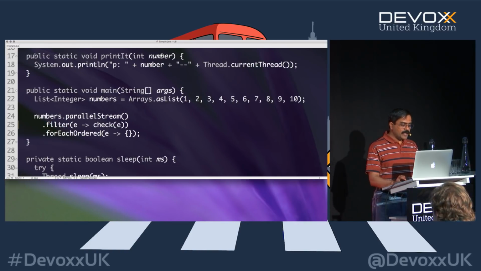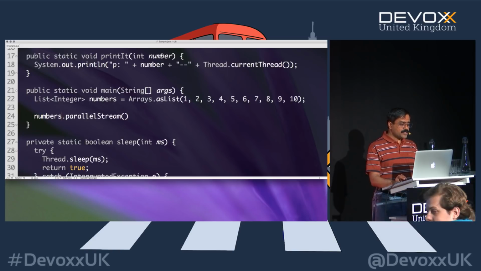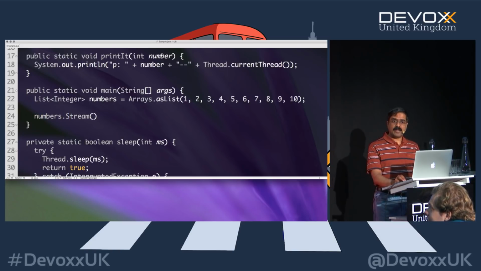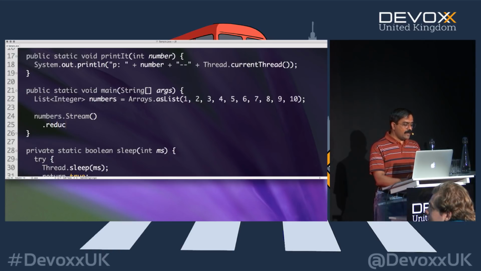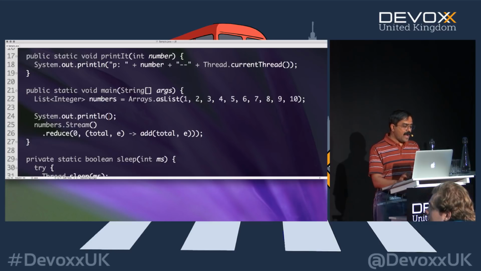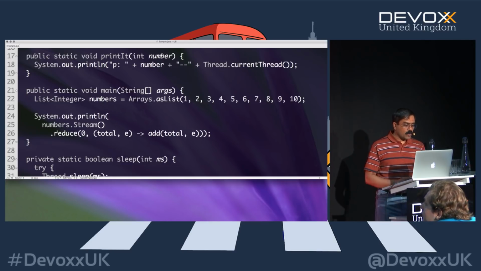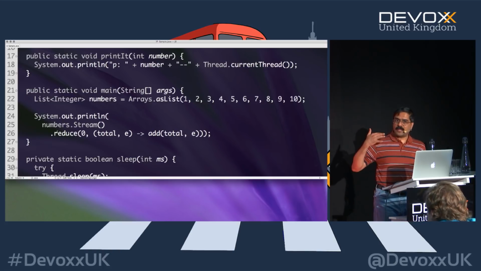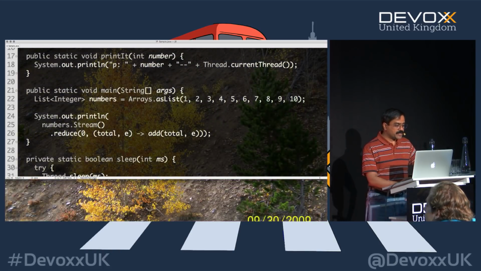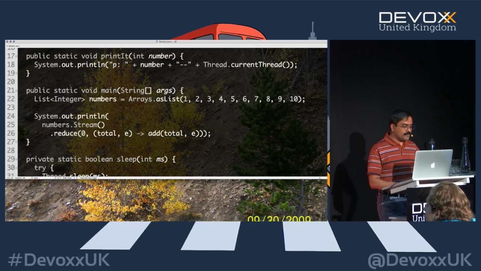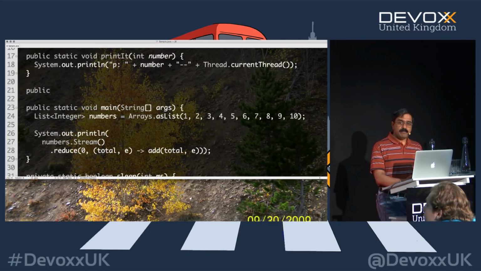So what does reduce really do? To understand this, let's take this collection of numbers we have on our hand, and we will say dot reduce, and in the reduce I say 0, comma, total, comma, element. In this example, we'll simply call add and say total, comma, element. So all we are going to do here is simply add the values when we are totaling it. That's what we are going to really do. So all we are doing in this case is just doing the totaling of the operations, and this add is simply saying, given the value total and E, return a total of those two. Let me come back and explain what this really means in just a second.